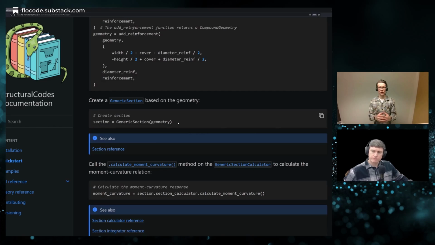So something that wraps the geometry, the material, and adds methods or attributes to it so that we can integrate strain response over the cross section and with different method calls for doing different types of calculations. So in this block at the bottom here, we call what we call a section calculator to calculate the moment curvature relation.